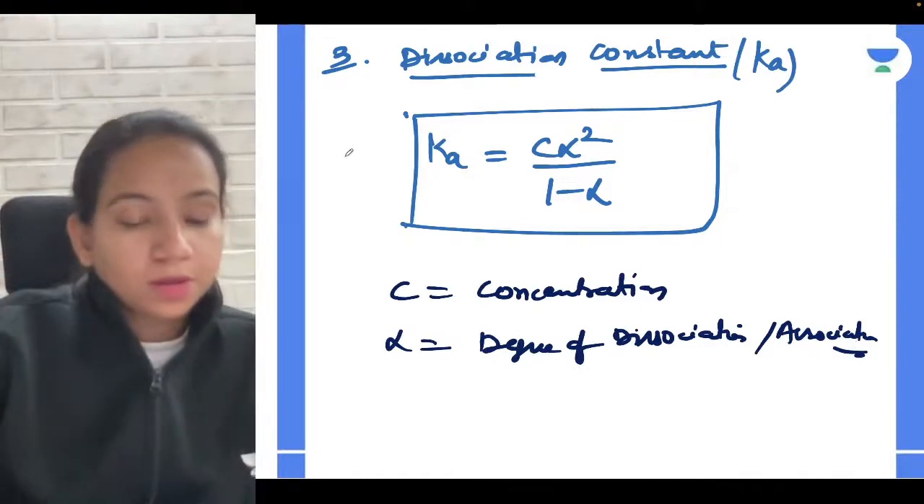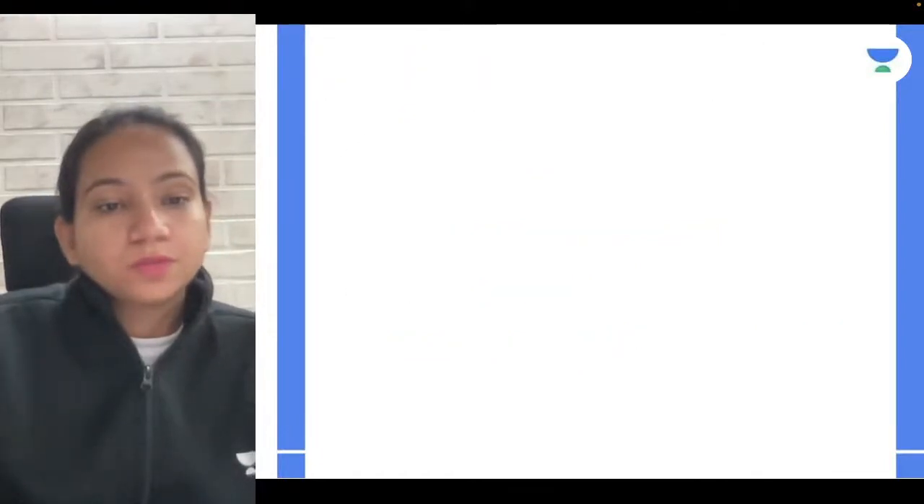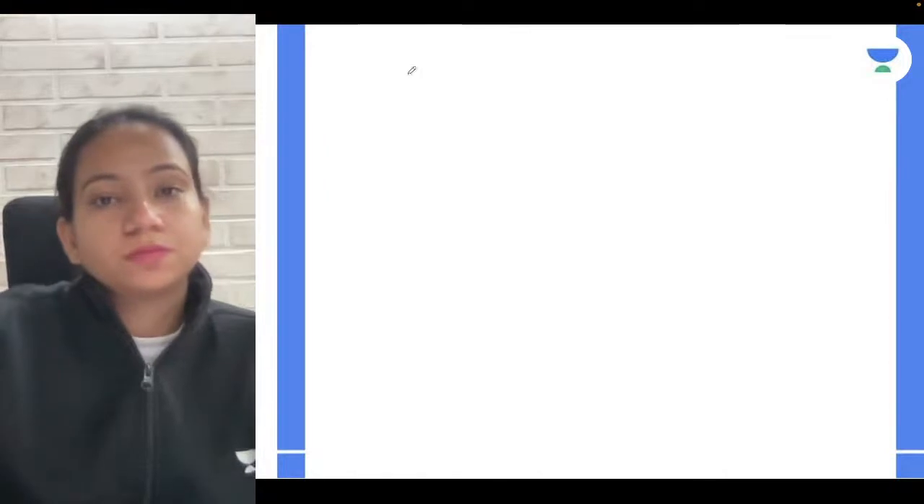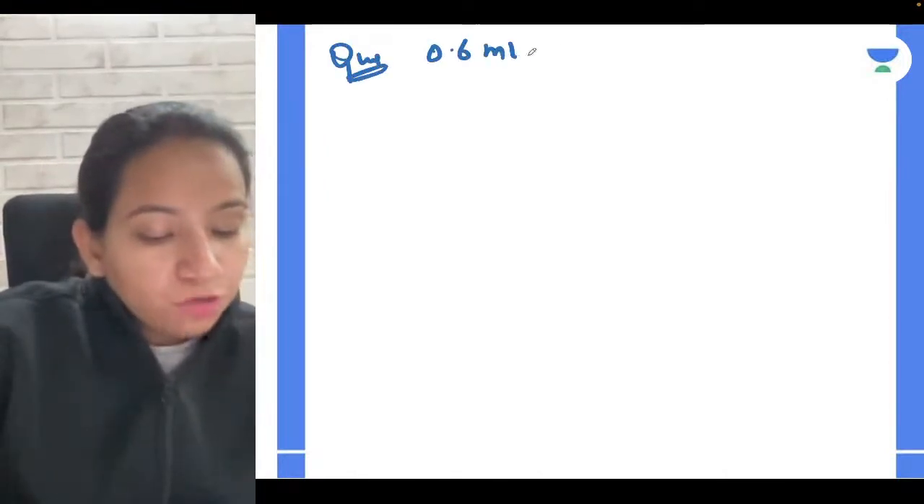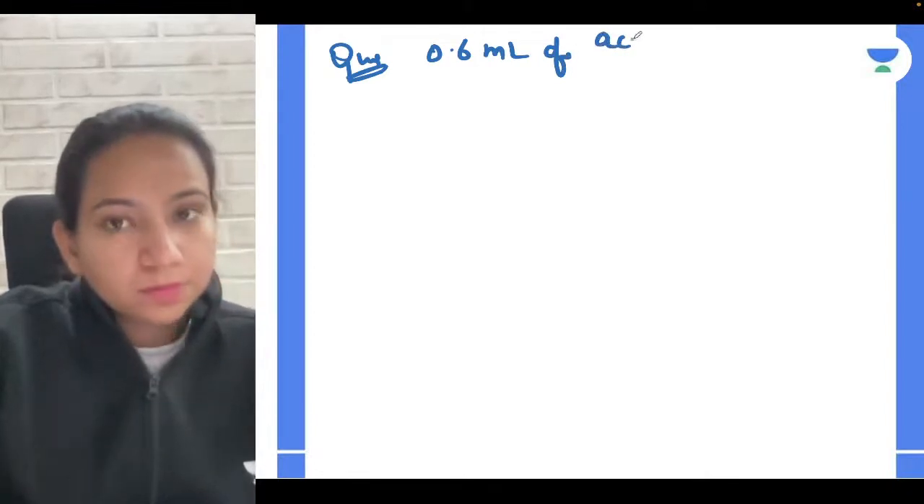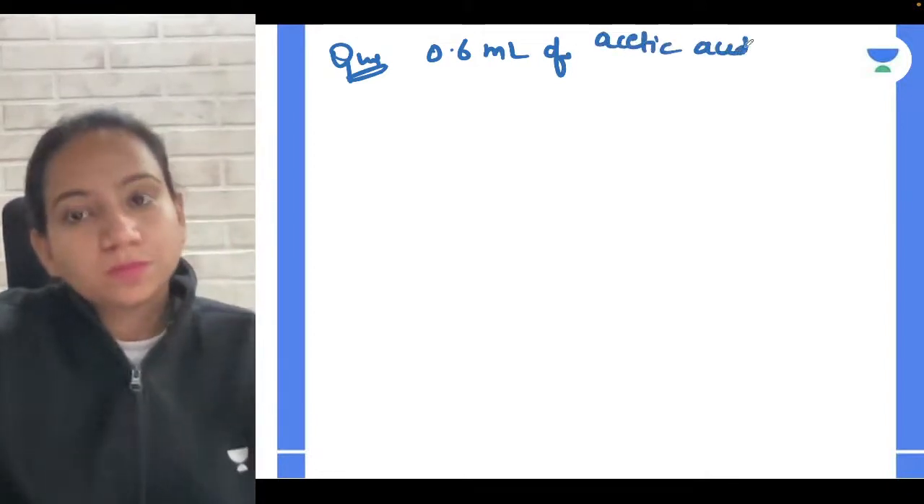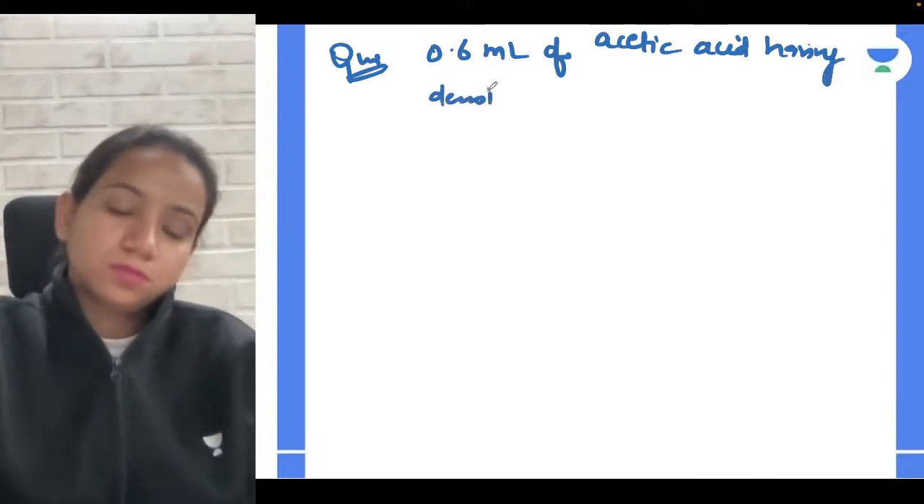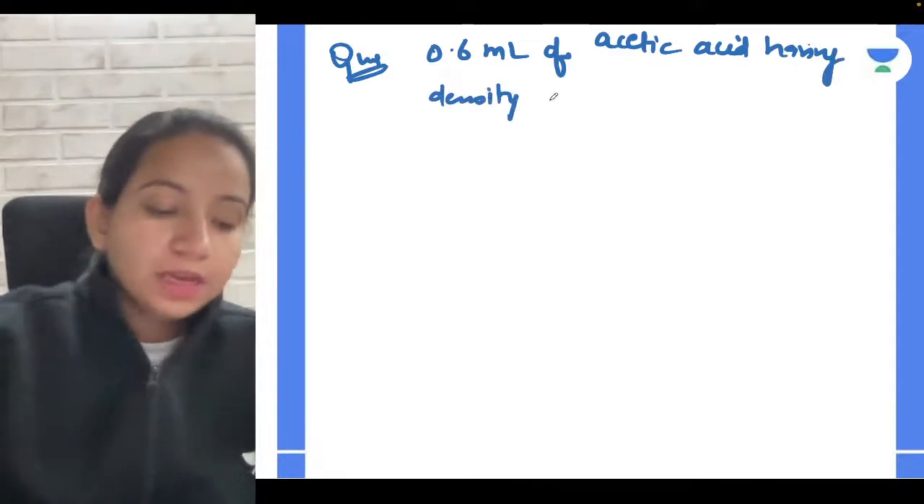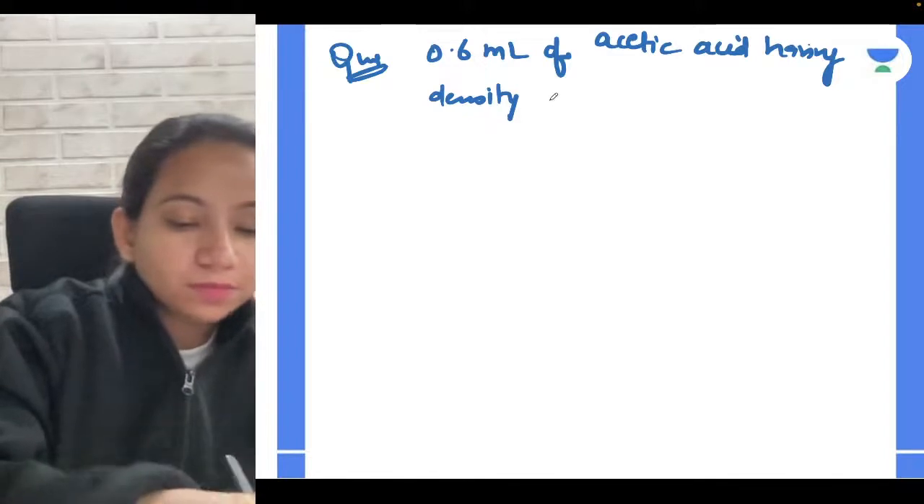Okay, so the question is: 0.6 ml of acetic acid having density 0.6